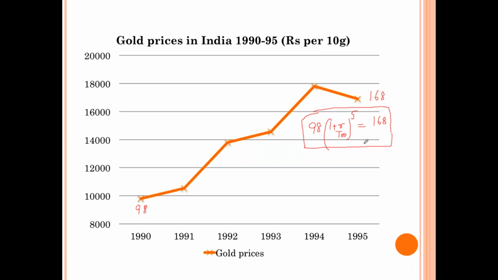But I cannot do it without a calculator, that too a scientific calculator, because I need to calculate 168 by 98 raised to power 1 by 5, right. So what will we do? See, we will do something called annual average growth rate, right. What is that annual average growth rate? This annual average growth rate is,